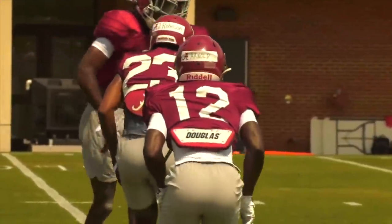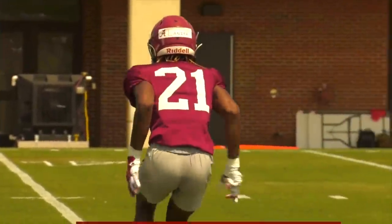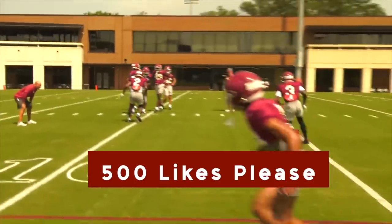Today, we are going to talk about Alabama's no-fly zone secondary, one of the top secondaries returning to college football